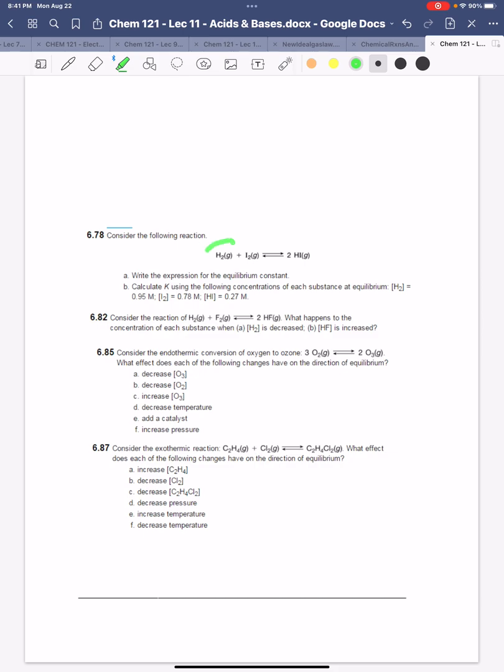So for this example right here, I have hydrogen gas reacting with iodine gas, and I'm getting this hydrogen iodide. And when I think about this gas, there are 2 moles of gas on this side and 2 moles of gas on this side, looking at those coefficients. And so we know when we think about a mole of gas, it's going to occupy a certain amount of space, right? Okay. And that basically means that if I increase the pressure on this equilibrium right here, what's interesting